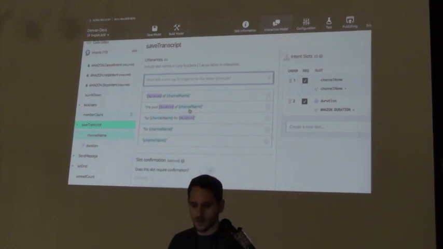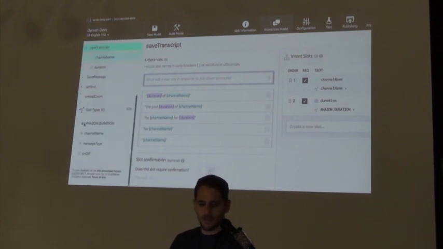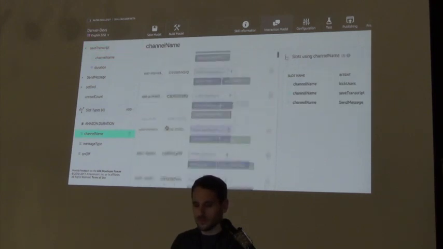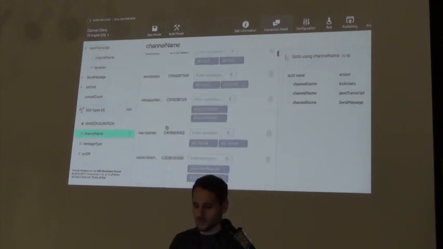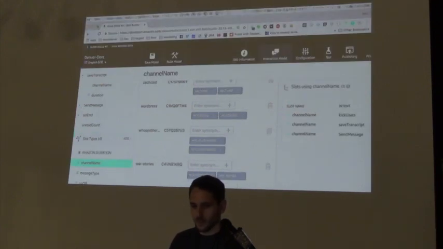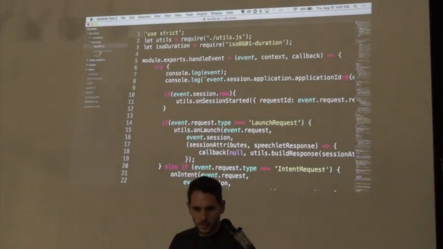So, one of the problems that I had with channeling is that Alexa can't just pick up any phrase that you say, or at least it won't match very well. So I had to make this custom slot type of channeling and input all of the channels that we have. But of course, as a programmer, I didn't want to do that all by hand. So I wrote a script